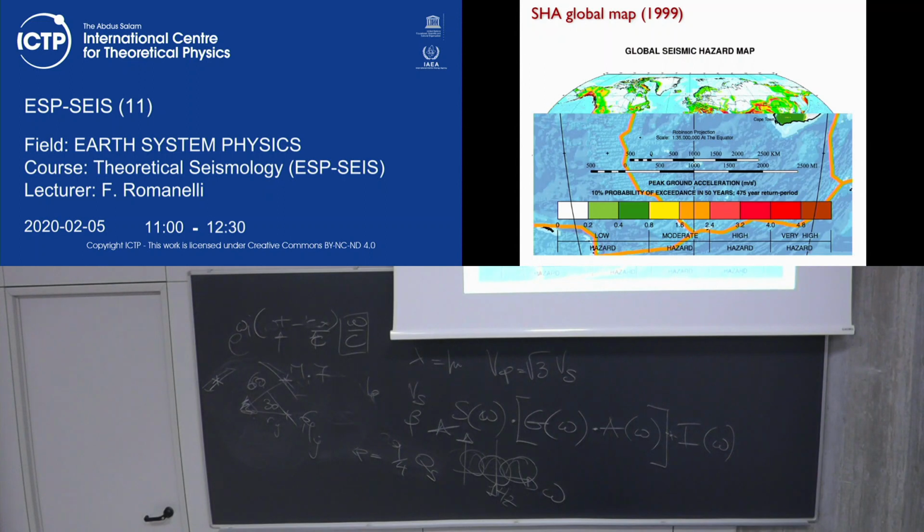Now if you read the caption, you see here, peak ground acceleration, PGA. Wait a second, because in many cases, engineers prefer to use g and not meters per square second. That means that you have, let's say, 10 here will be 1 g. But the problem is here. A 10% probability of exceedance in 50 years.